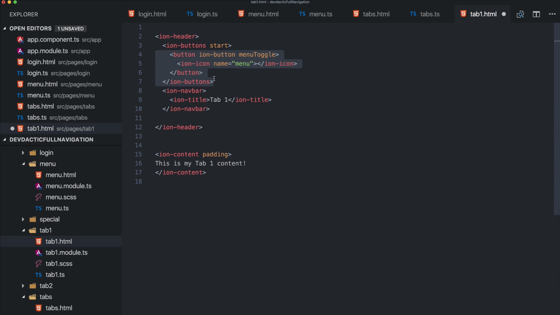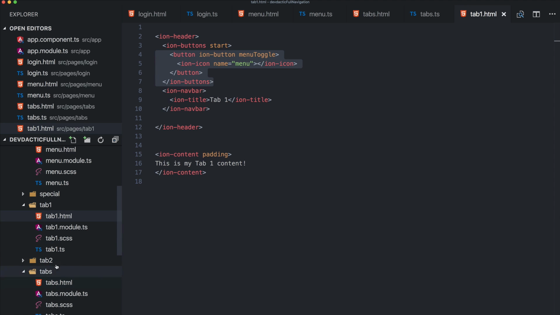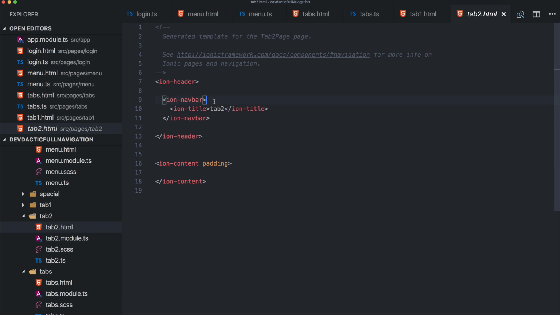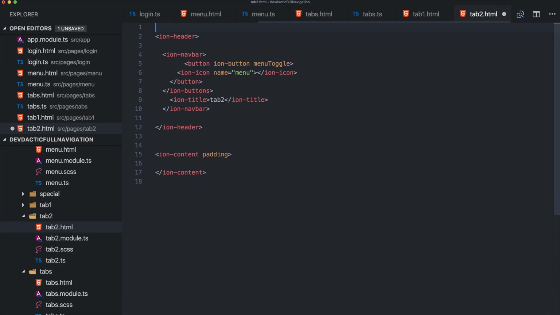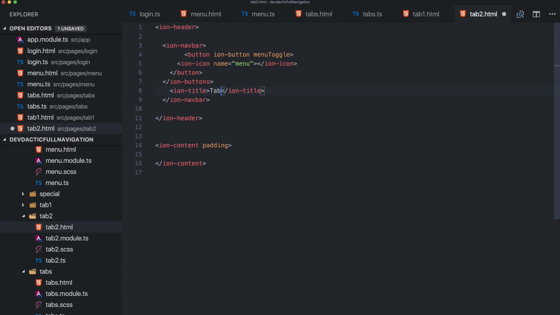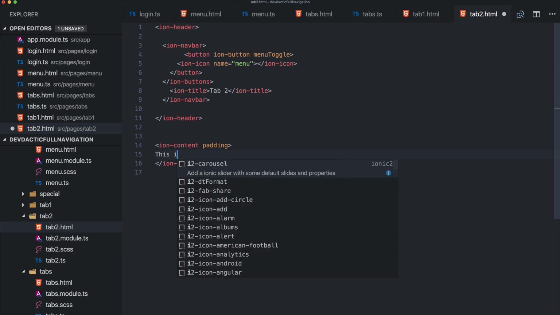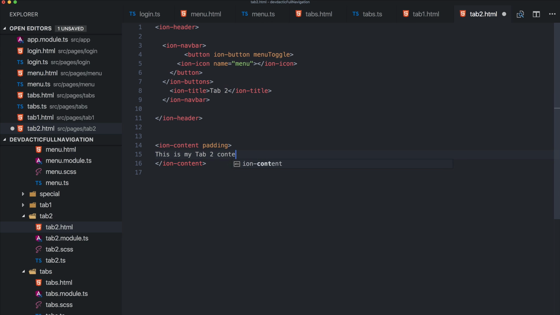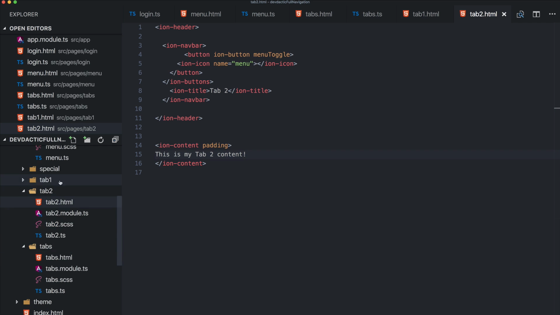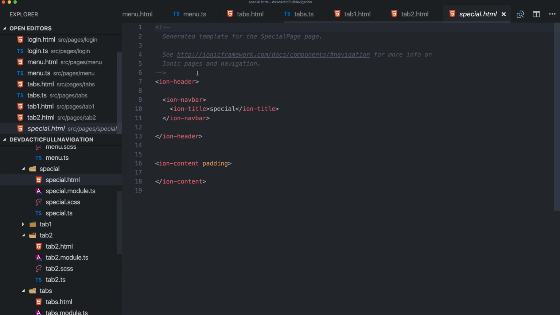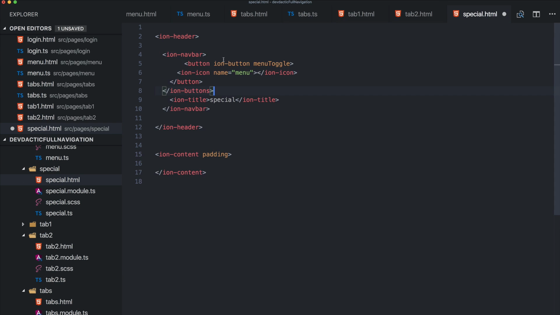Now we can put this into the 3 pages we actually display. So tab2, let's remove this, tab2, and this is my tab2 content. And finally the special page, special, this is my special page. Okay,